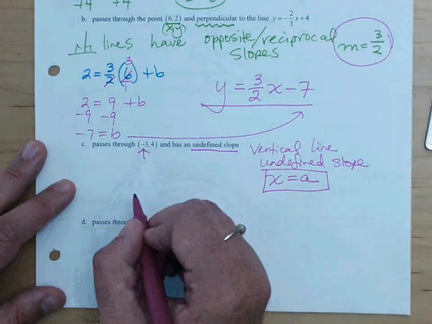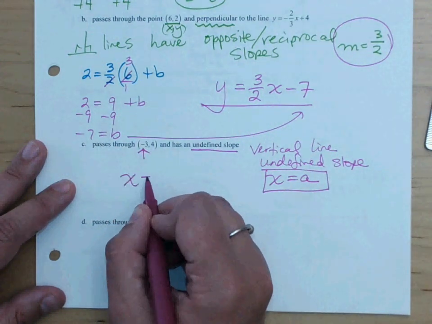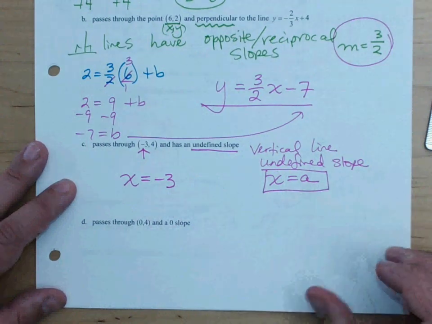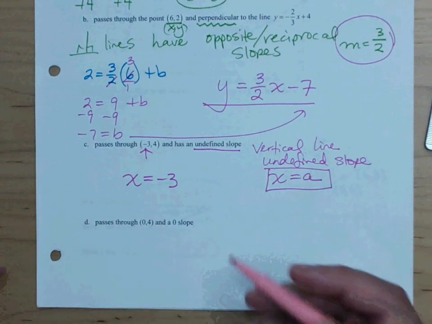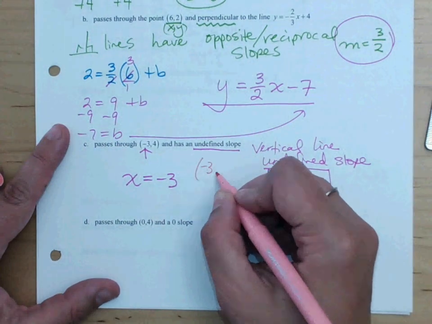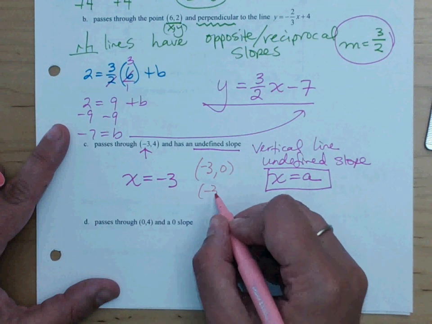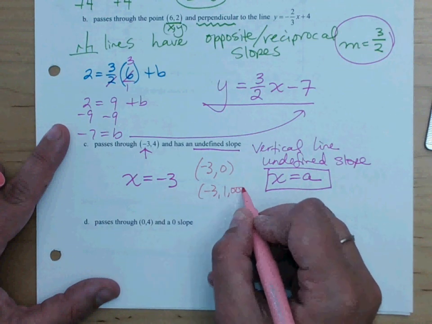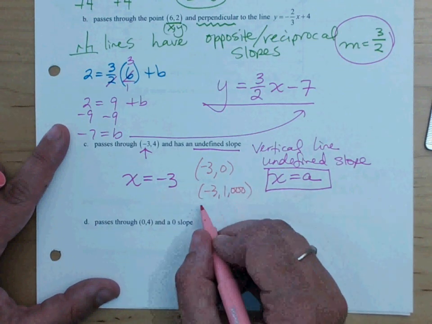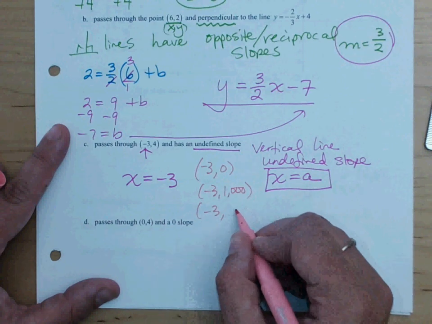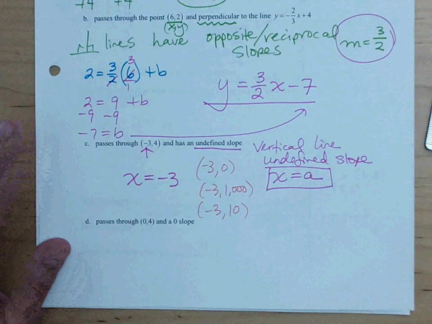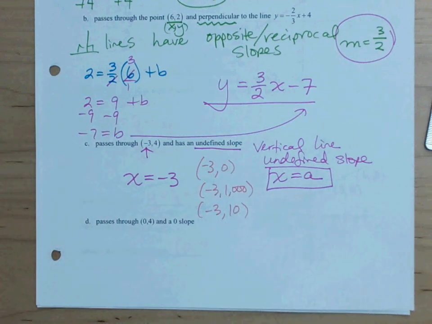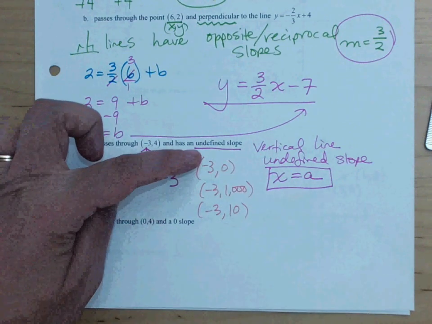So since my x is negative 3, my equation is x equals negative 3. X is always going to be negative 3. Can you give me some other points that would be on that line? Yeah, negative 3 is the x, and any other number, like 10. Any other number would be the y value,